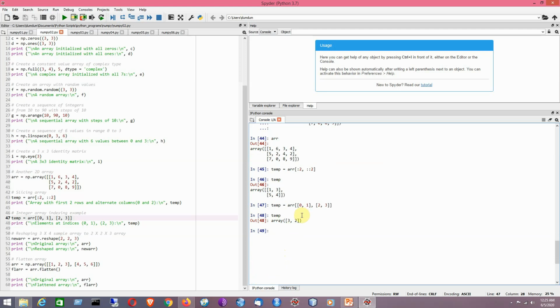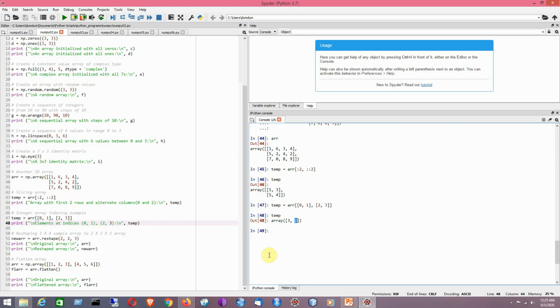So that is basically showing the elements at indices 0, 1, that means 0th row, first column, second row, third column. Okay, so that is the idea. So what is the value? So that will be having the value 3 and 2. Okay, so that is the idea that we have taken here.